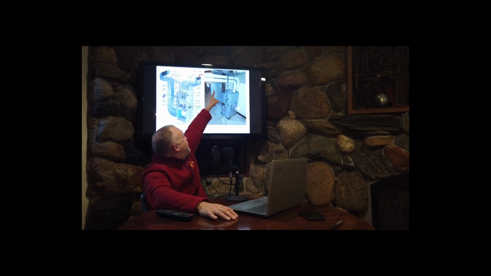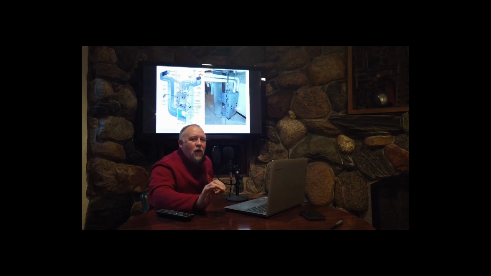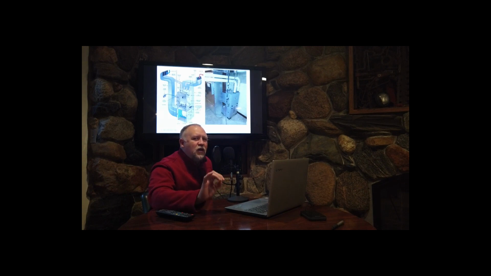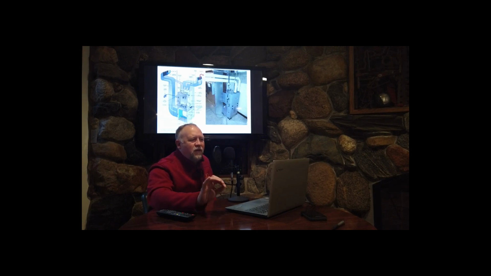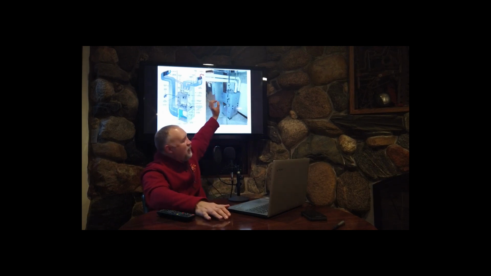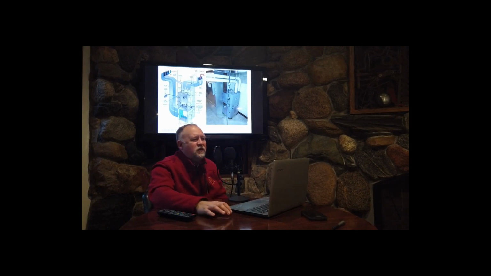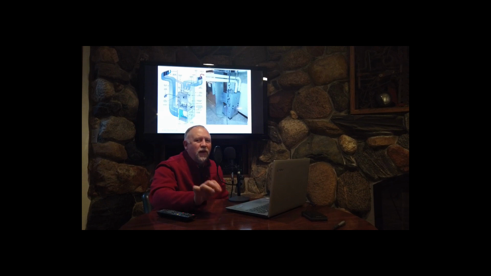See these PVC pipes that are coming off the top? One of them is combustion air coming in, and one of them is exhaust products, the vent going out, the junk we want to get rid of. This is a high efficiency furnace, and the reason we know this is that they are using PVC pipes. If this was a lower efficiency furnace, that exhaust would be much hotter and it would melt the PVC.